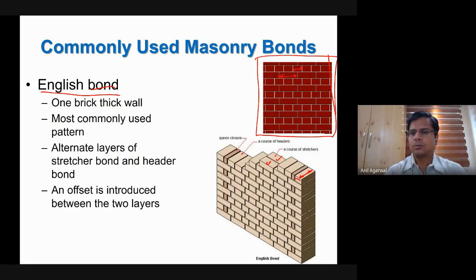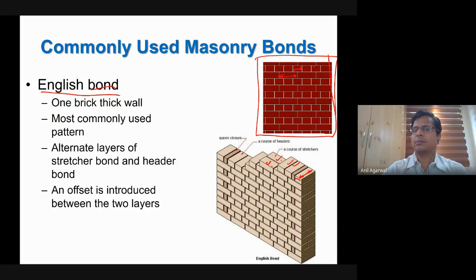Okay, so it is made of alternate such layers. In one layer, you put bricks longitudinally, but then you put two bricks side by side, like here and here. And then in the subsequent layer, you put bricks not longitudinally, but laterally, next to each other, just like that, like here. Now, there is a problem here.